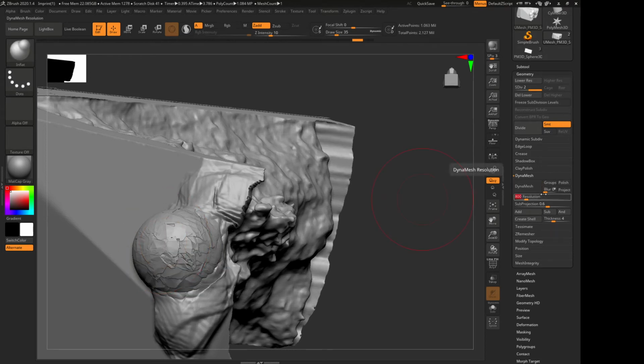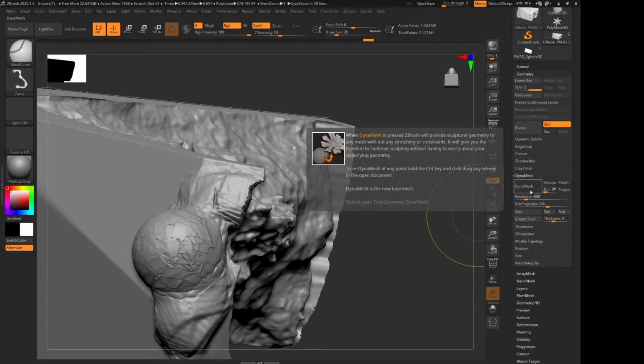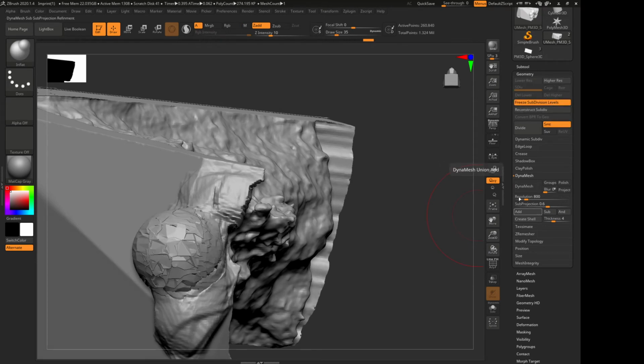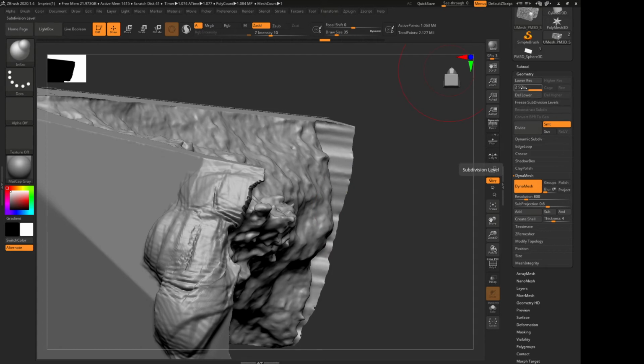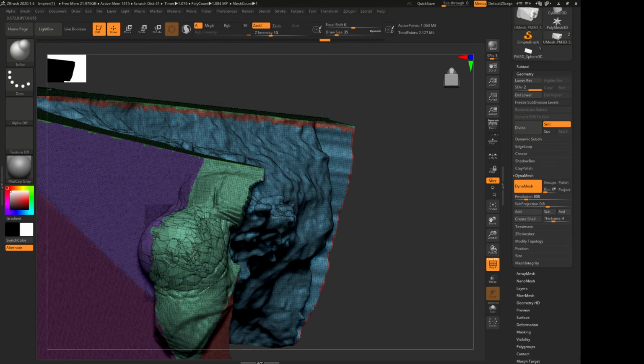So with dynamesh, that's what I not quite understood between subdividing it and dynameshing. Does dynamesh work only on the areas that it needs to work, or no? Dynamesh will go across the whole model. Dividing is just increasing what's already there. But if you damage your surface and then divide, it's not going to fix it. If I press divide now, it's not fixing it, it's just adding more. Whereas if I re-dynamesh it,